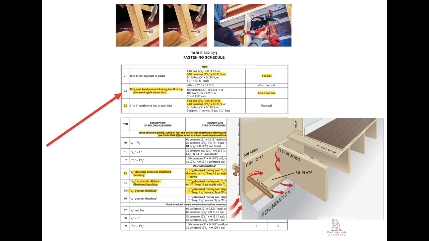Line 22. Floor fastening rim joist, band joist, or blocking to sill or top plate. Roof applications also, with fastener options 8D box, 2.5 inch by 0.113 inch, with 4 inch on center toenail fastening